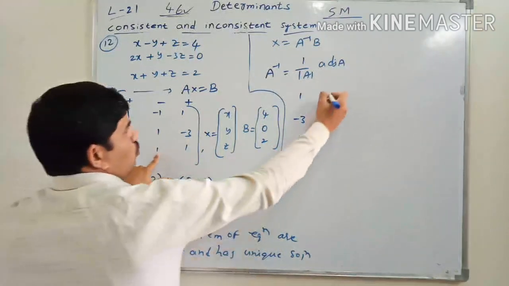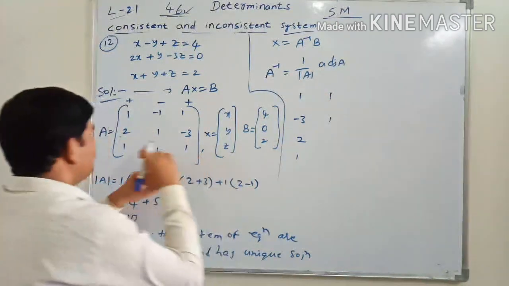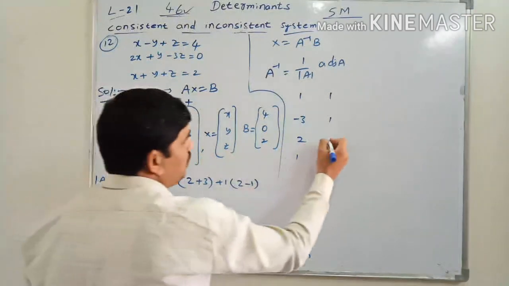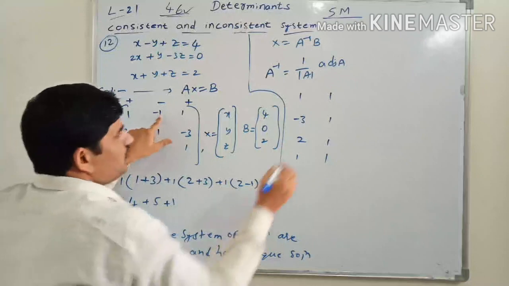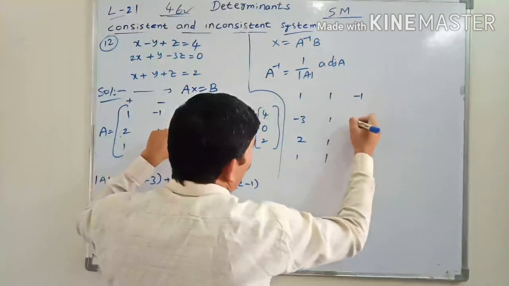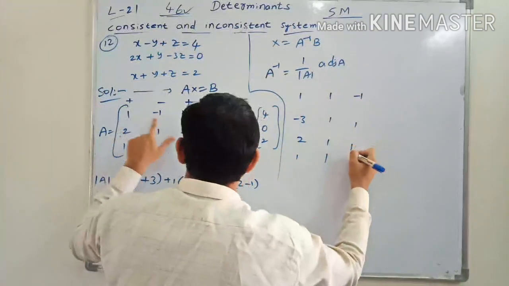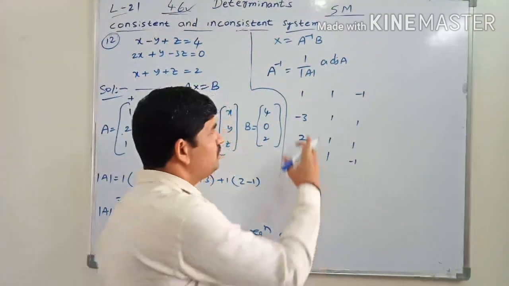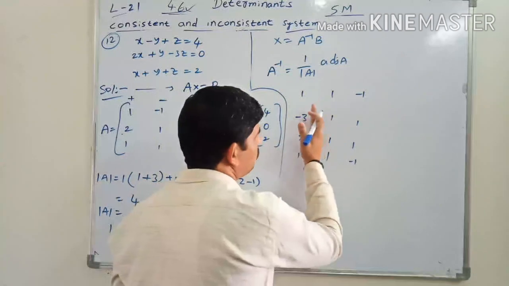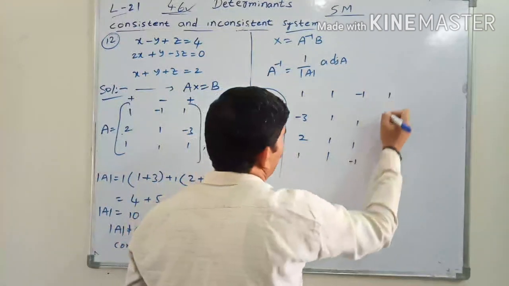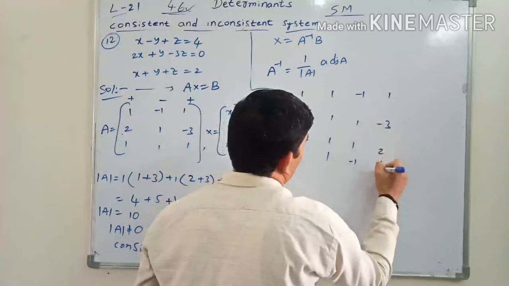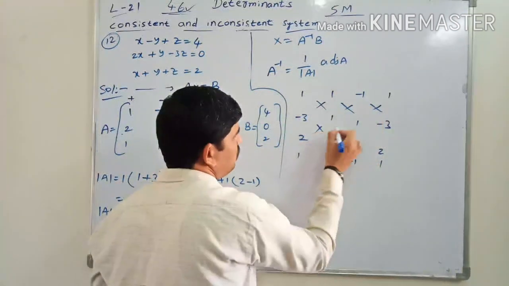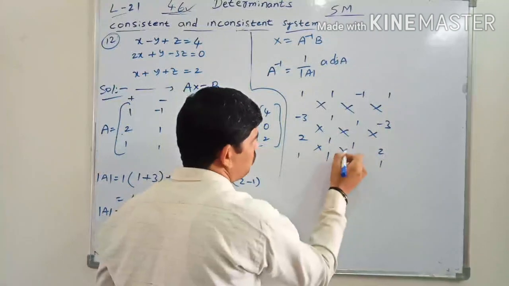Again the middle one, 1, 1. See, the total row elements are 1, 1, 1. That's why we are writing 1, 1, 1 here. Again the middle one is minus 1. Again 1, again left, again the middle one. And whatever the first column is, see, we write the first column again at the end: 1 minus 3 2 1. Completed now. Then the cross multiplication of this gives the adjoint.